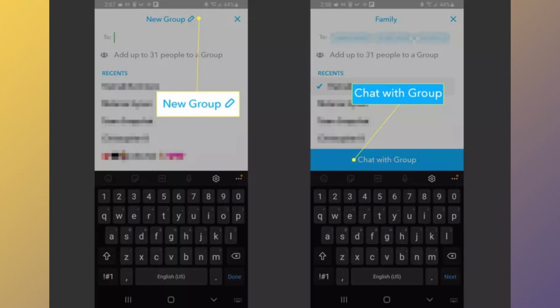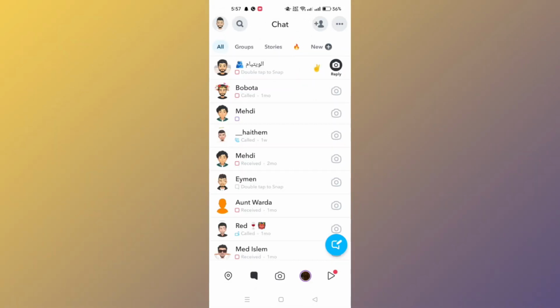Next, tap the New Group Name area to enter a name for your group, and tap the Chat with Group button to begin your group chat. Now you have successfully created a group chat on Snapchat. Enjoy chatting with your